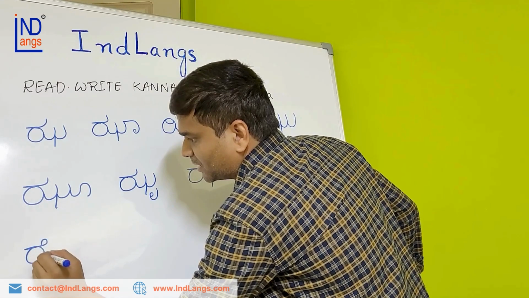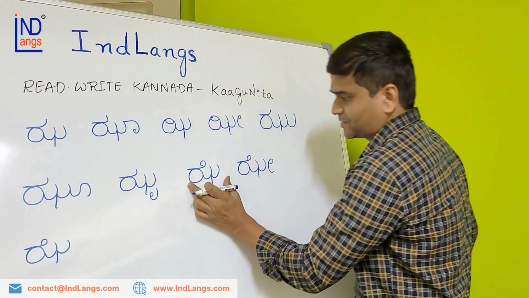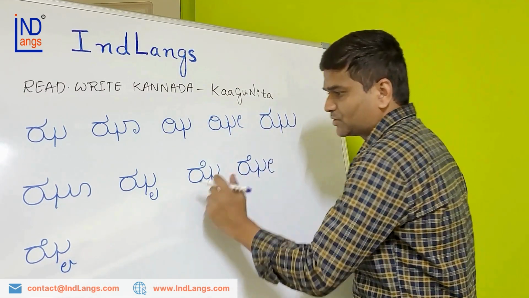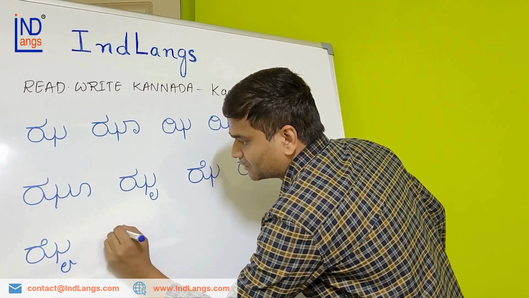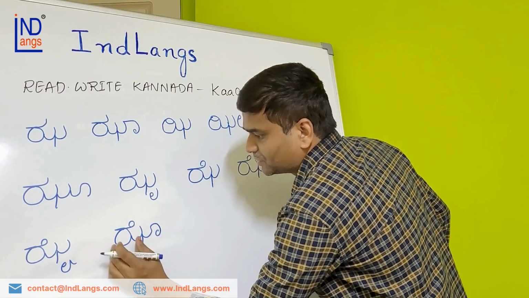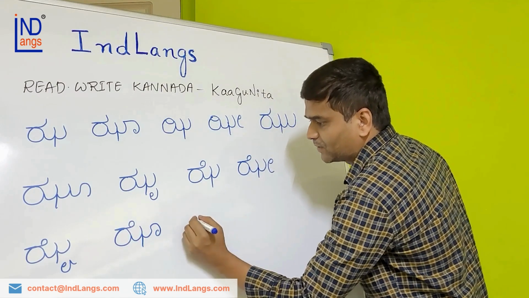So same thing I'll repeat. First I'll repeat the base structure, and then Aikara, Jai. For Jo also, I'll repeat the same thing. Okay, so this is my Jo. So this part will remain same. Again for Jo,